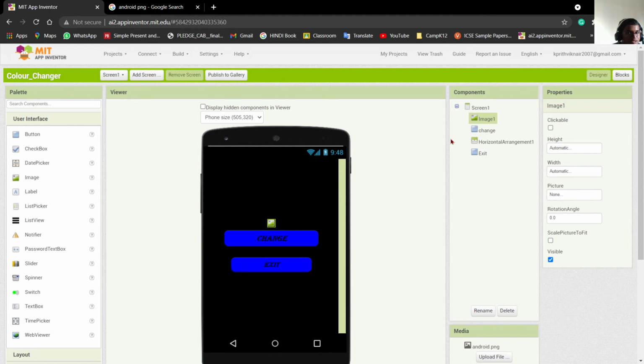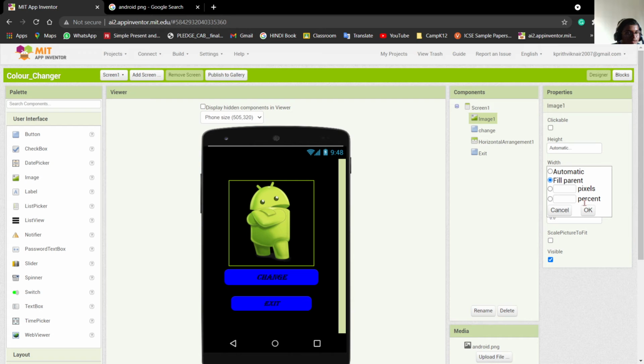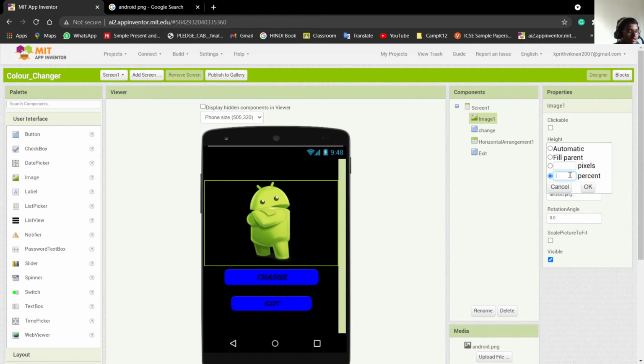Click on the image here, or you can click on the components, and here you can see picture, so go to picture and click on android.png, click open. I will change the width to fill parent and height to 80%. The remaining 20% will be for the buttons.